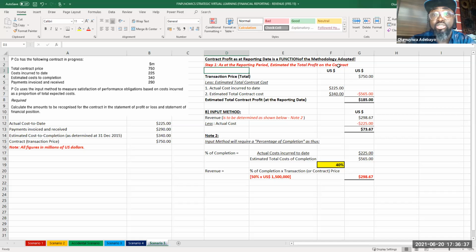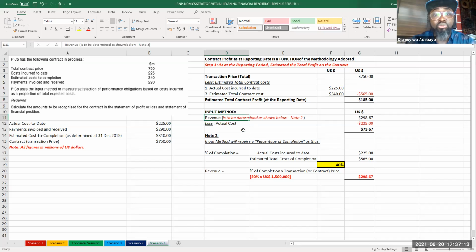our estimated total profit is the total contract price, less estimated total contract cost. Okay, which is actual cost incurred to date and the estimated total contract cost. Now, that sums up to 565, which speaks to the fact that 185 is the total profit as a whole. Okay, but based on the input method,